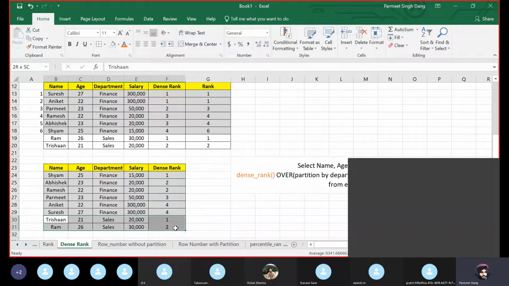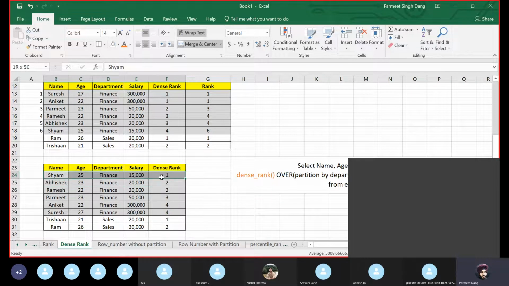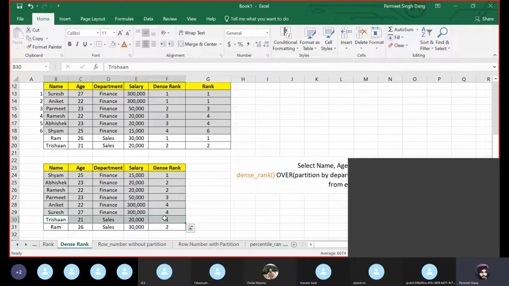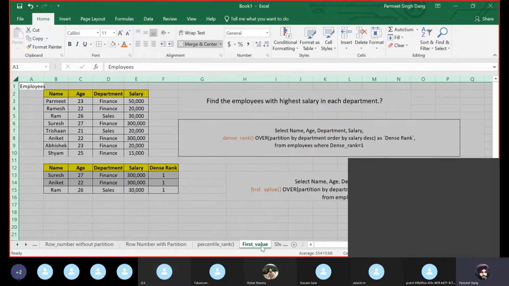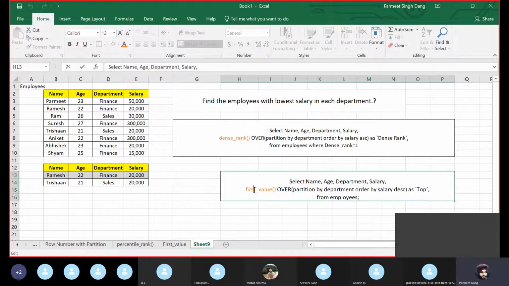Now, the query is the same, and again you could select where rank equals 1. The moment you do that, you will get the top values, so you will get the records with the lowest salary. Okay, this was the first way: order by salary ascending, dense rank from employees where dense rank equals 1. Second, I have a window function that is